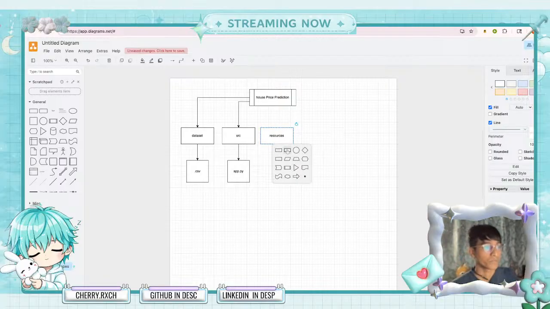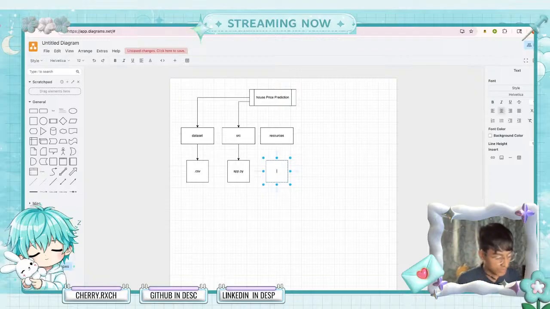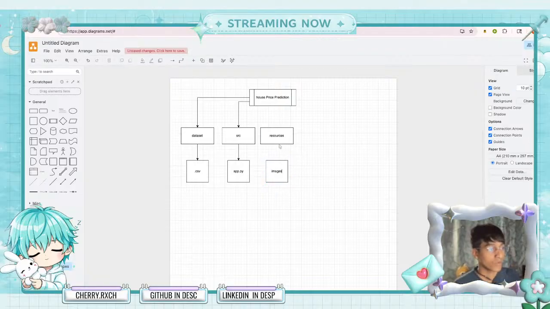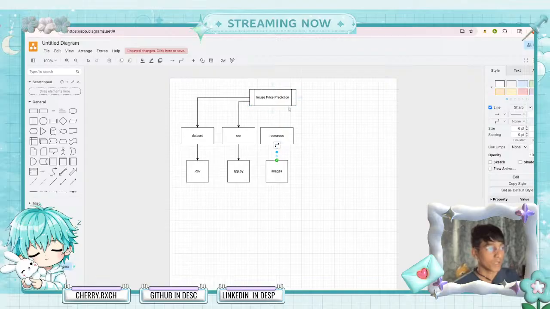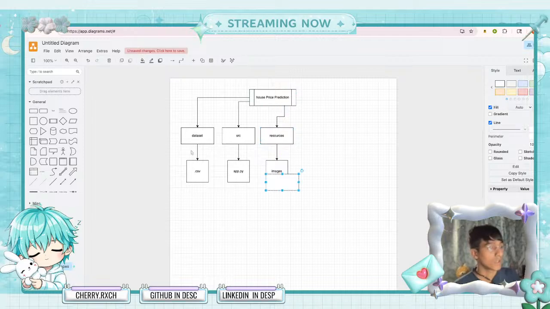So here what we do is we have images. This is our images folder, and we will be linking it from here. Then there will be other files. So there is one more,